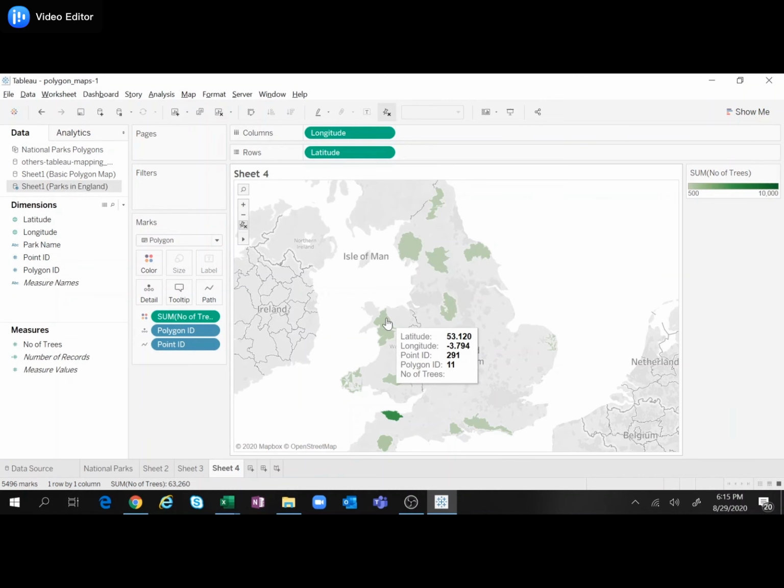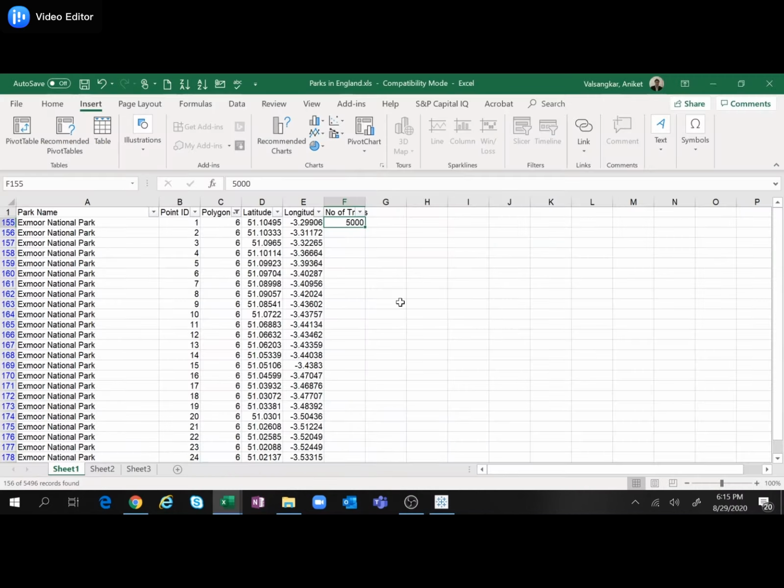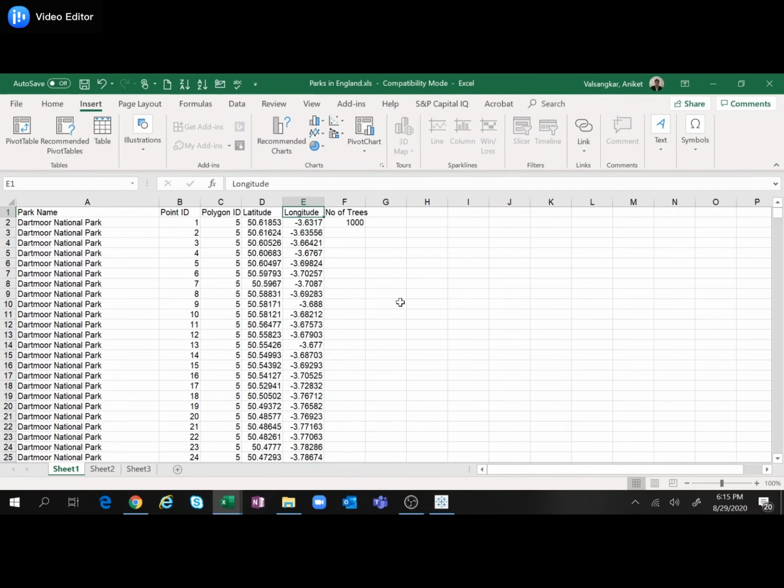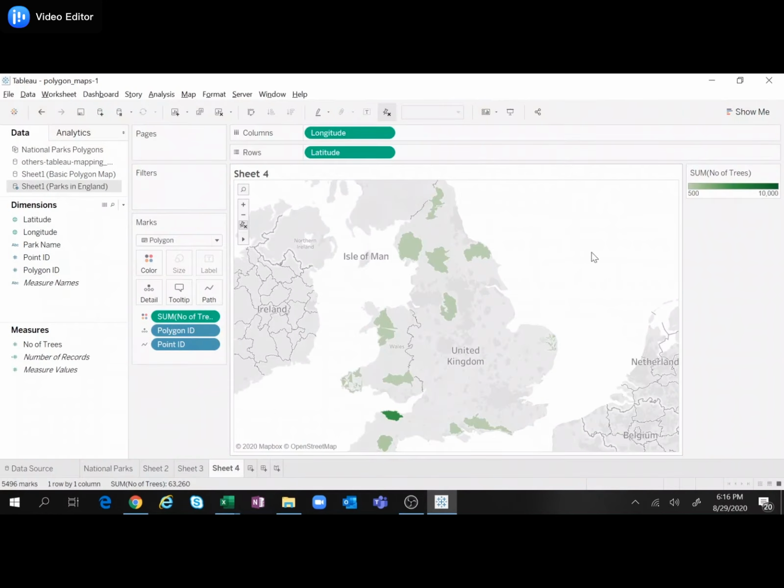Now what has happened here is, Tableau has by default taken the point ID, that is the first row for a particular park name or polygon ID. Whatever number of trees is present in point ID number 1, it has by default taken that to get the color.